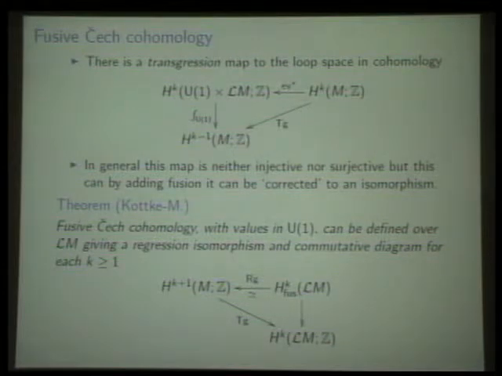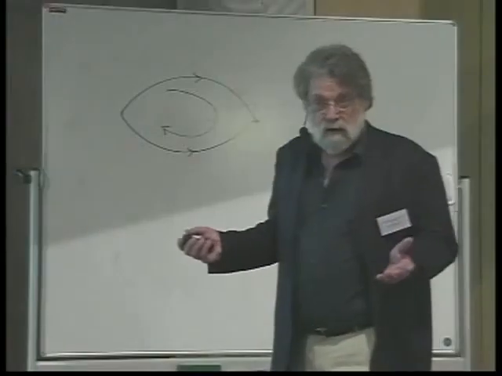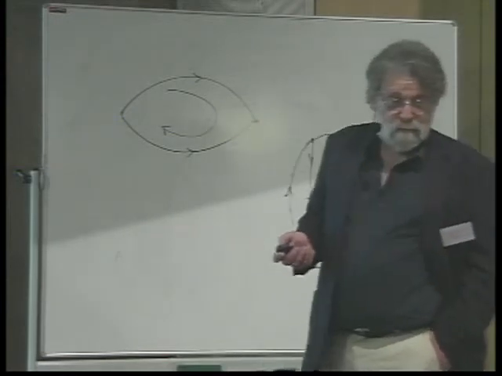Okay, so this principle is really what's supposed to guide you: if you throw in fusion, then you may be able to do things on the loop space. You might say, well, why not do them on the manifold anyway? But as I say, when we come to string structures, the answer is because they're rather ugly. At least I think they are. Some people,